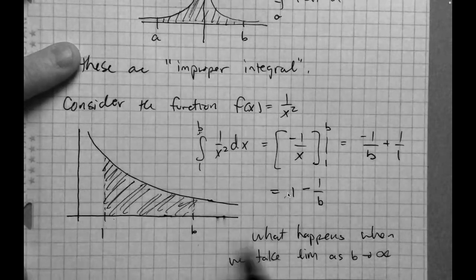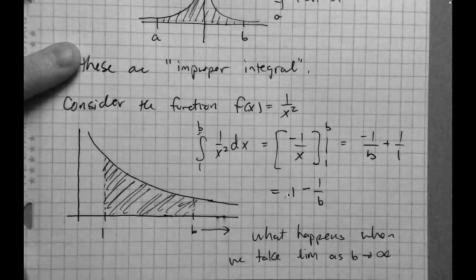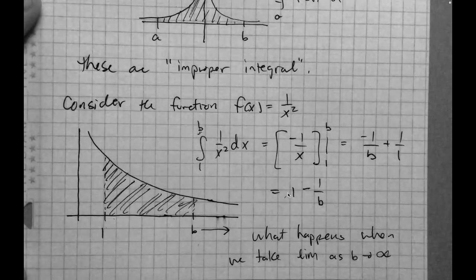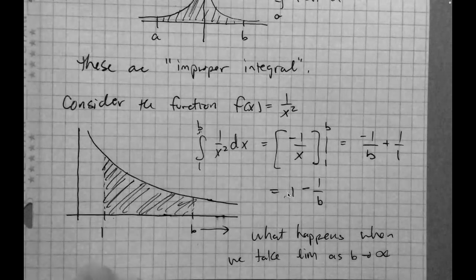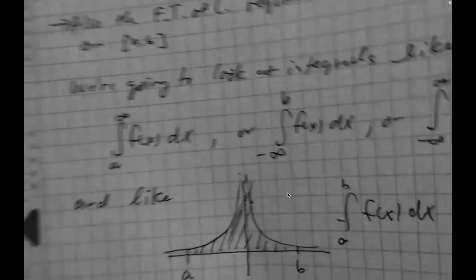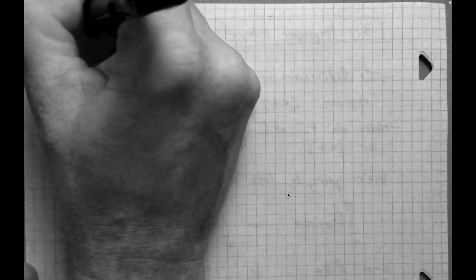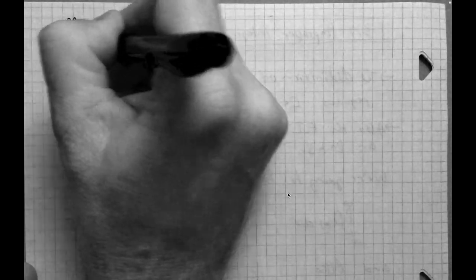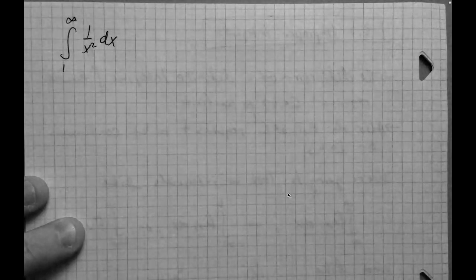Okay. So what happens when we move this upper bound of integration off to infinity? Well, let's do that exercise. This is going to set up the first type of improper integral and how to deal with it. So if I look at the integral from 1 to infinity of 1 over x squared dx,